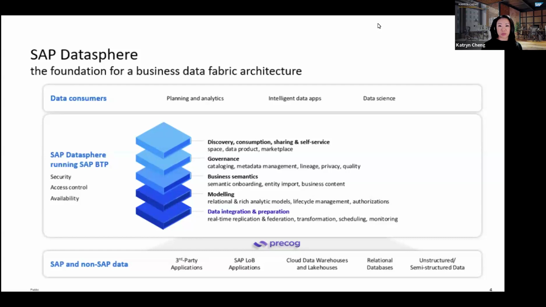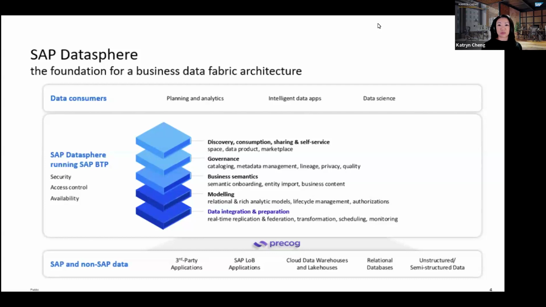Now, I'll give you an example. So typically, to prepare ERP data for analytics and AI, most organizations would have to extract that data out of the ERP system first, and then rebuild all that lost semantics and context. This takes a lot of time and effort and resources. Datasphere eliminates this step by enabling access to this critical business data without losing all the important semantics and context.